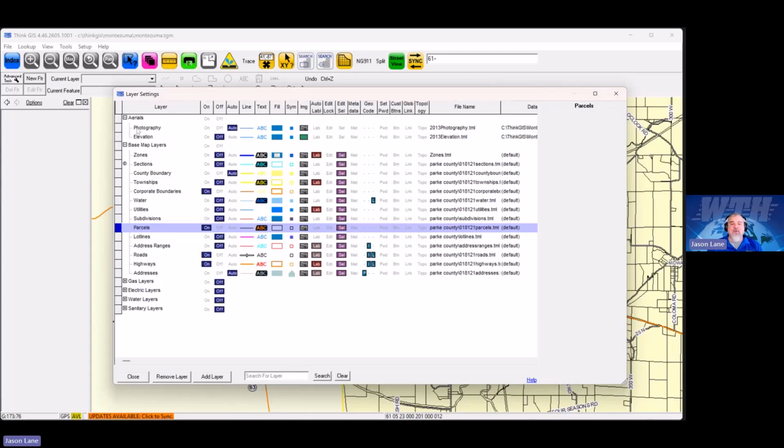Whereas our first layer is photography, and then elevation, and then zones, sections, county boundary. As we move down, that's actually the bottom of the map. So it would almost be like photography is the first layer put down, then elevation on top of that, then zones, sections. Where that comes into play is that, for one, photography should always be at the top